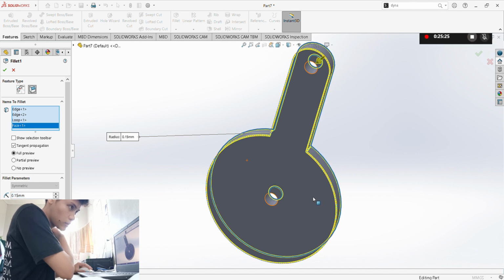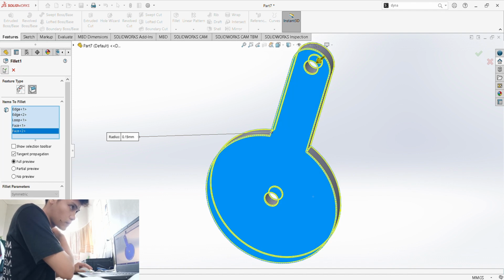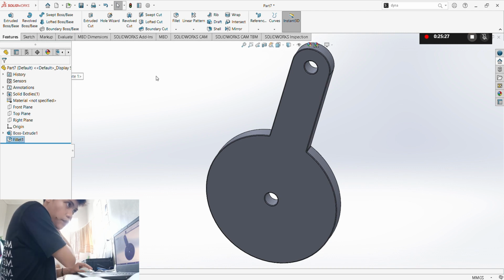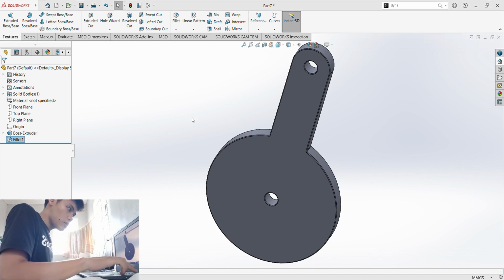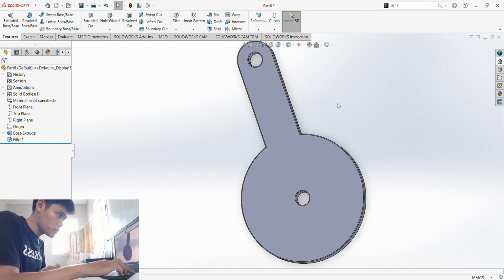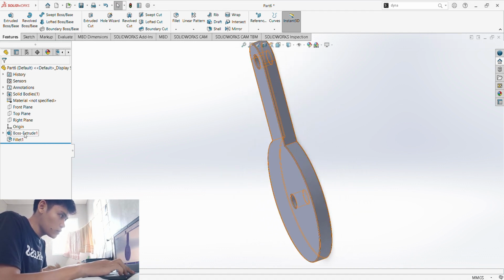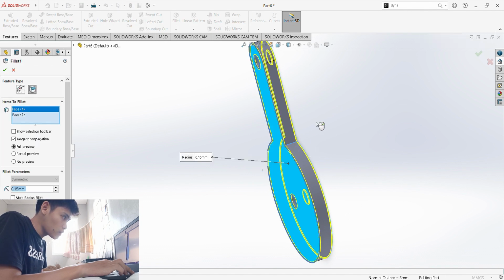I forgot to select this one. There you go. Let's go to this one. Let's start here where this is. So for this, I think I did not select this corner right here.